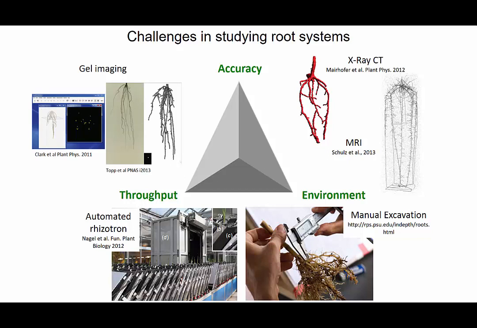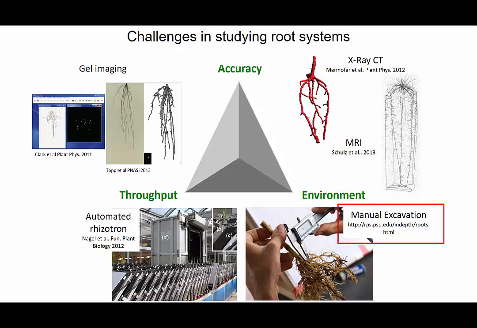So you basically can grow plants in a clear gel and you can quantify the root system. This is great for accuracy. You can get incredibly accurate measures of root systems, but what does growth in a gel have to do with growth in a field? Very little, right? So we're going to focus, for the purposes of this presentation, on these roots we've seen by